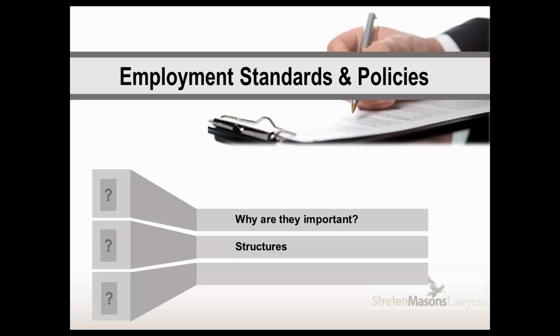The third section is a content section, so that's where you have the actual content of the policy and the procedure that people are to follow. And the last is approvals and review. So any employee, when they start, or if you bring in a policy whilst the business is still running, the employees need to agree to it and understand what they're doing. So having an approvals and review process is important to make sure that a business owner can document when employees have actually agreed to policies. And that way too, there can be no argument that someone didn't understand. Whilst ignorance of the law is no excuse, in this kind of thing, ignorance of a policy is quite important.